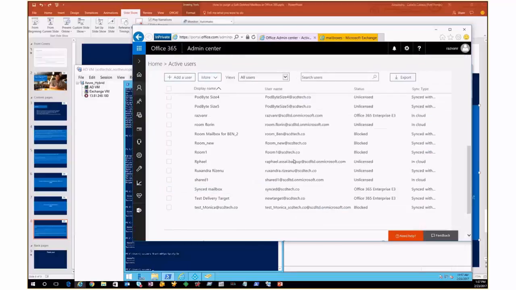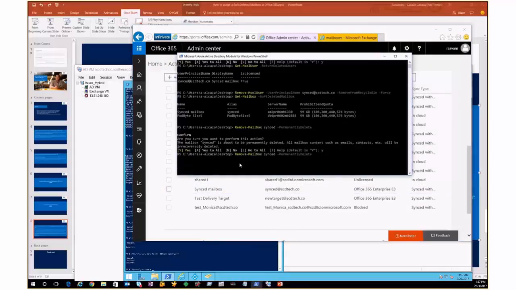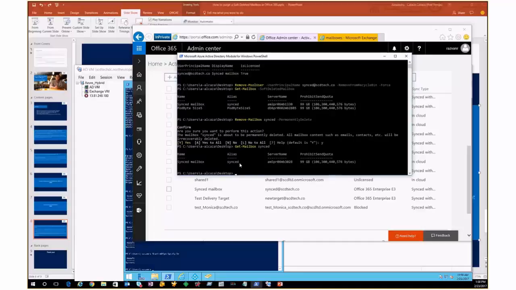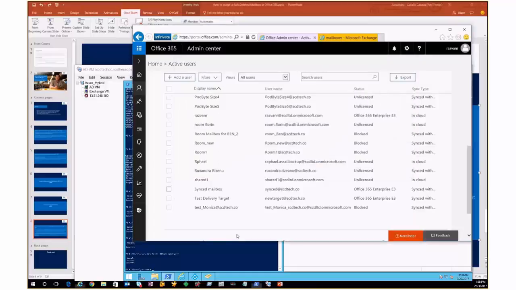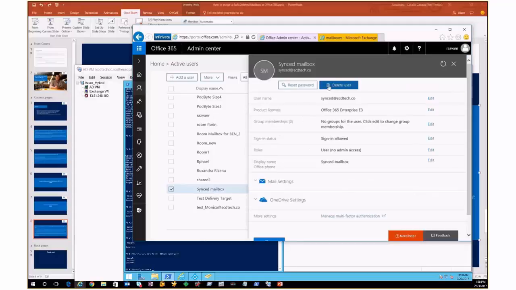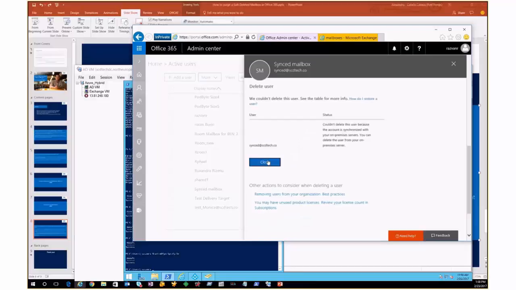Close. Now let's verify that the mailbox is being provisioned. Okay. And now what I was trying to say earlier is that we have this flag set to true, which means that if I'm not putting the user in a local organizational unit in my local Active Directory, which isn't synchronized to Office 365, and if I just go and delete the user directly in Office 365,